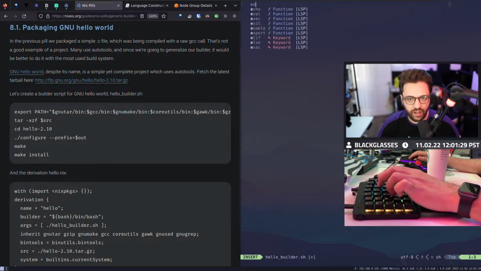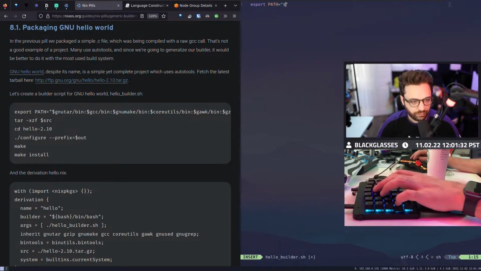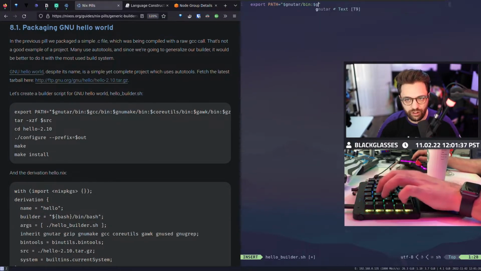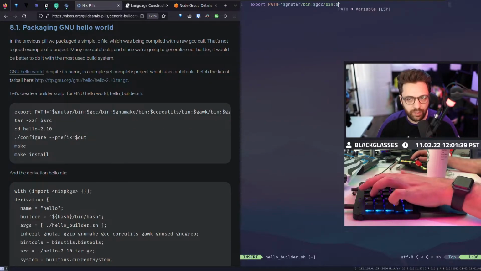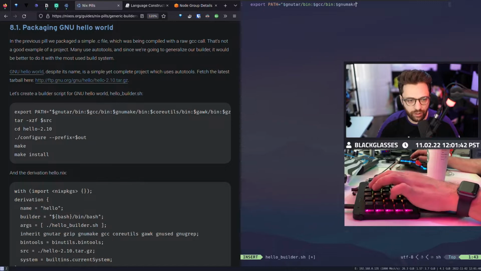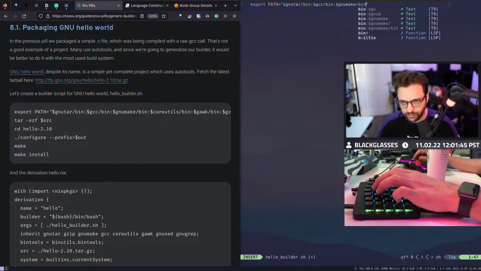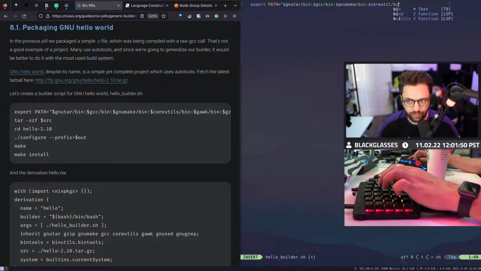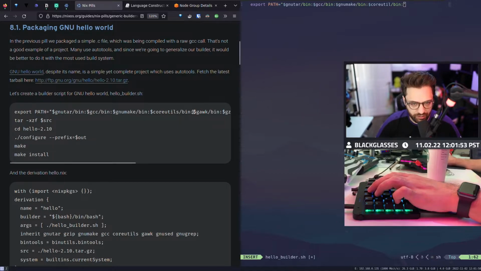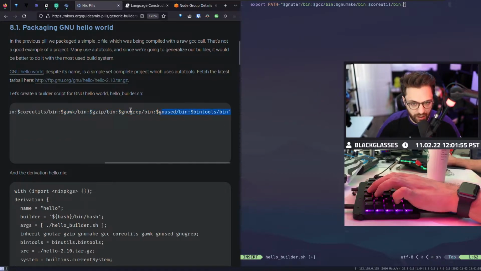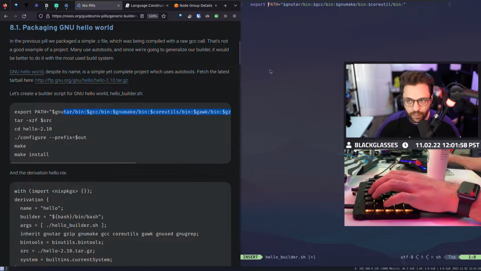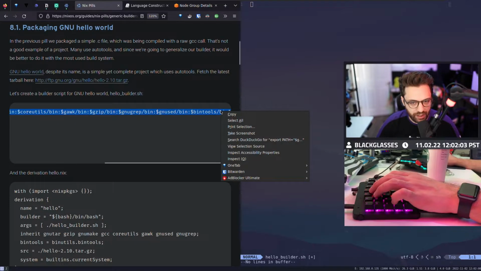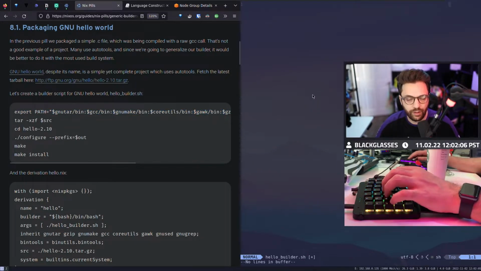All right, so we're going to say export PATH equals GNU tar, right? bin. GCC bin. Now, if you haven't been following what we've been doing, you might be asking why am I creating a custom path with random environment variables and /bin that look like they're referencing bin paths, right? Well, this is a part of Nix. Nix by default gives you an empty shell with nothing attached to it, right?